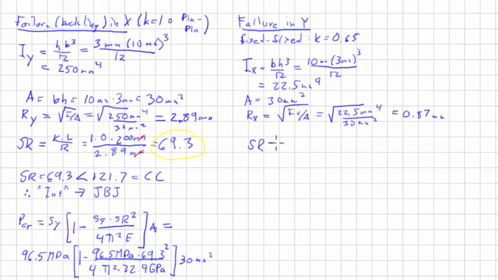So now we can calculate our SR, and our SR is done similarly. We've got K times L over R, and that gives us 0.65 times 200 millimeters, all over 0.87 millimeters, and that is